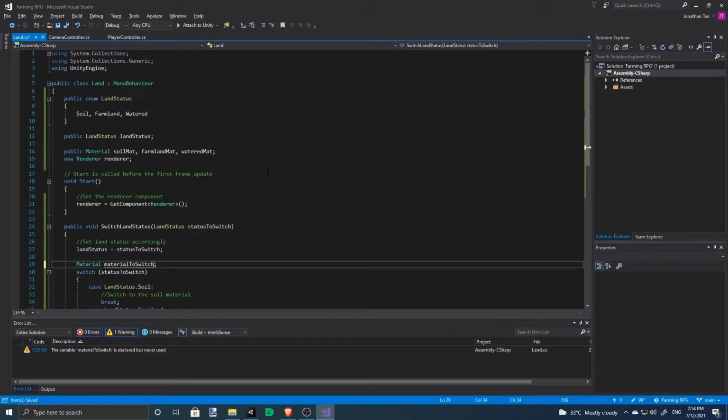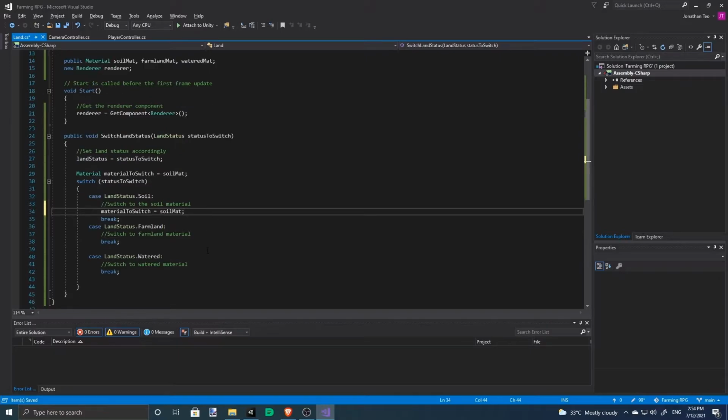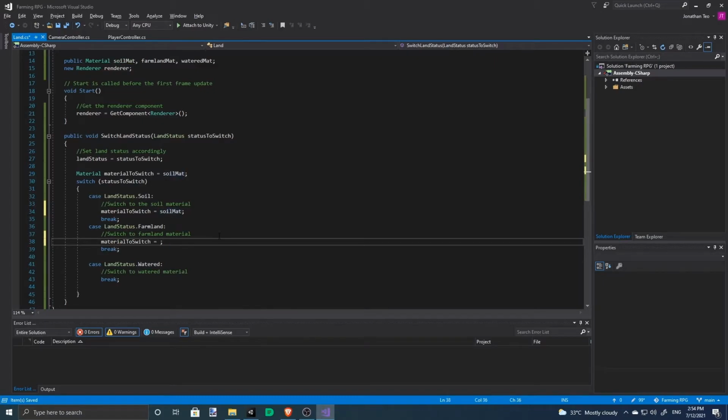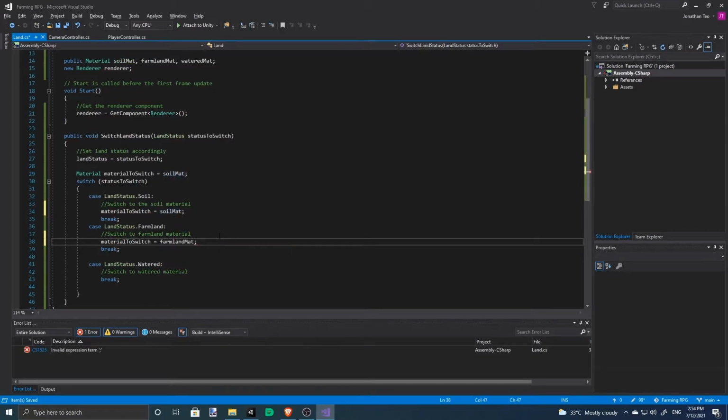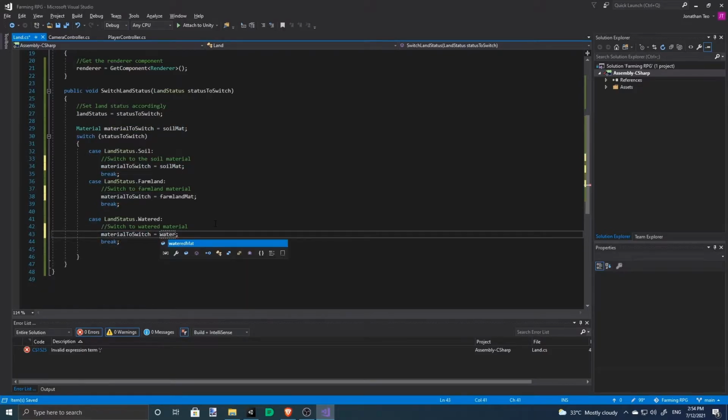It's the soil. It's the default material that we're using. So if it's a soil, it's going to switch to the soil material. It's the farm material. The water material, we use water.